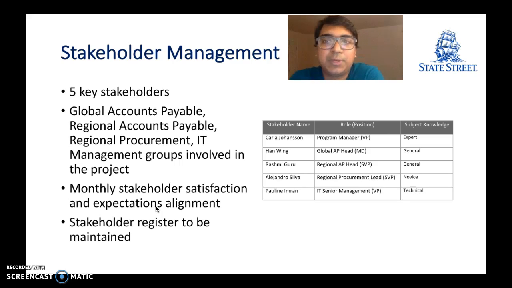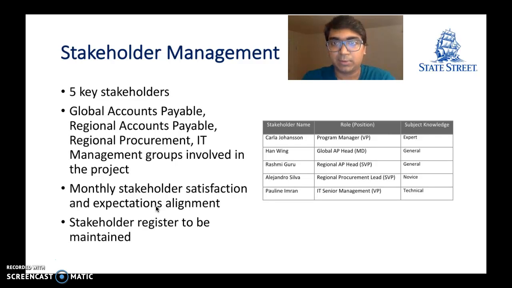Right, so moving on to stakeholder management. I know we're almost out of time. Just bear with me for a minute here. We've got five key stakeholders from global accounts payable, regional accounts payable, regional procurement management, and we've also got the IT project manager. So all of these groups are involved extensively in our project, and